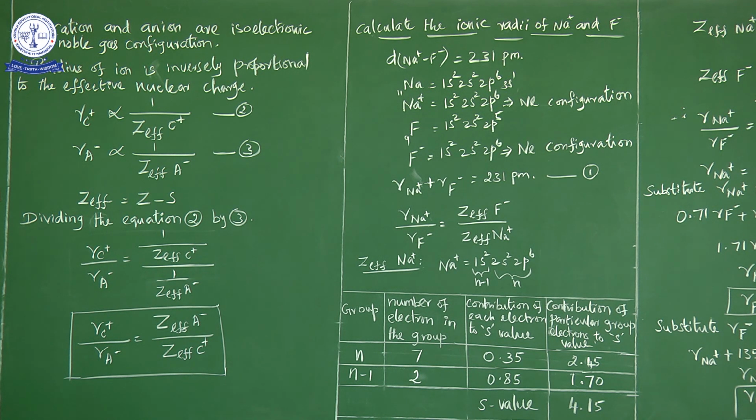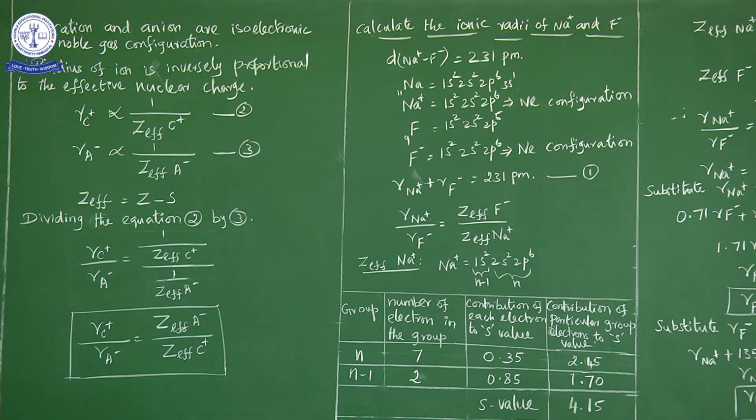That is, the net force of attraction is experienced by the valence electron from the nucleus. So nucleus அதோட last valence shell கடைசியா இருக்க அதோட electronல எவ்வளோ force of attraction apply பண்ணுதோ, that is effective nuclear charge. So nuclear charge is equal to the number of protons. எவ்வளோ protons present ஆயிருக்கோ அது equal இருக்கும். That is nuclear charge. But effective nuclear charge means the net force of attraction experienced by the valence electron. அந்த particular atomல last shell இருக்க electron எவ்வளோ force of attraction experience பண்ணுதோ, feel பண்ணுதோ, that is the effective nuclear charge.